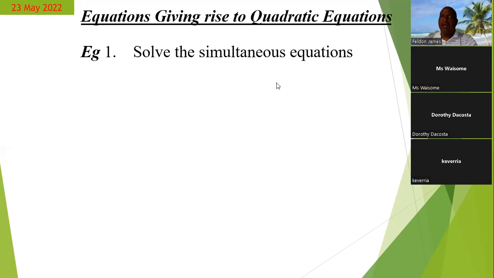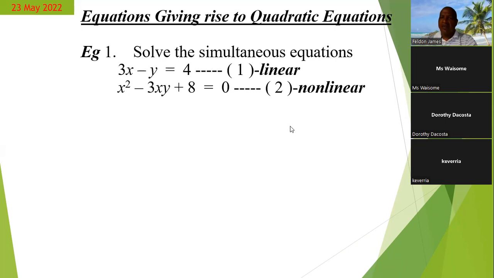When we were looking earlier at simultaneous equations, we saw where we could use the elimination method because those were in linear form. It means that the power of the x and the y in those forms would be to the power 1. But when you get a simultaneous equation where there's a quadratic involved,